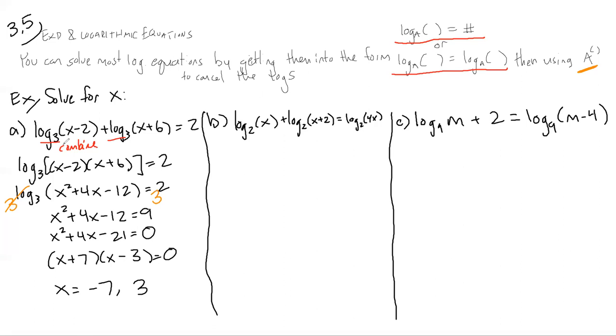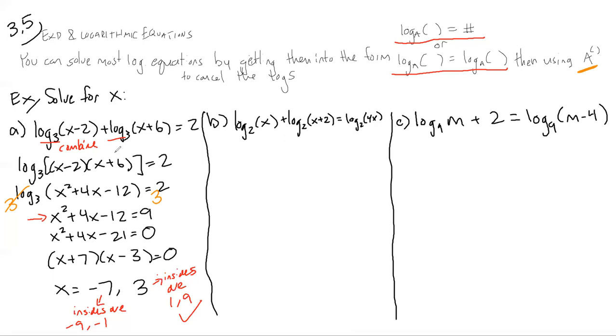If I plug 3 into both logarithms, what I get is an inside of 1 and an inside of 9. So that's good. Those are perfectly acceptable insides for logarithms. But if I plug the -7 in, the insides are going to be -9 and -1. And so basically what happens is that -7 solves this equation here, but the issue is